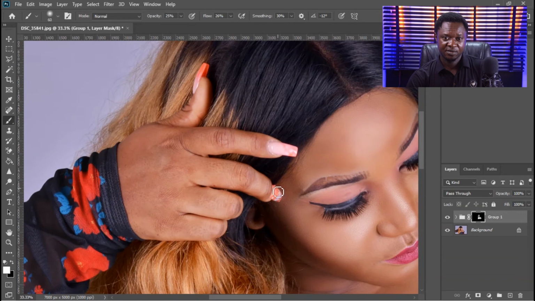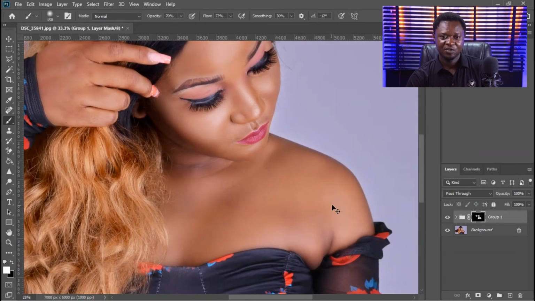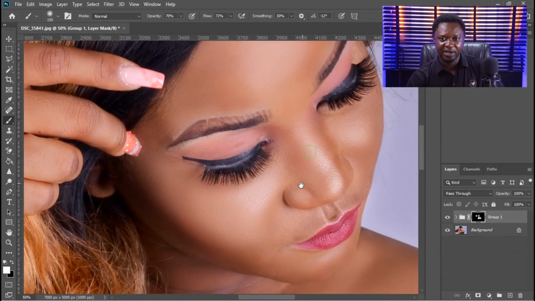Then let's go to the fingers, so I have to increase my opacity and flow back to 70, 80. So I paint. I'm fast in this. That's why, if you can take your time, you can do something greater. Let's go. So as you can see, we have it done. This is the beautiful and pretty girl with a